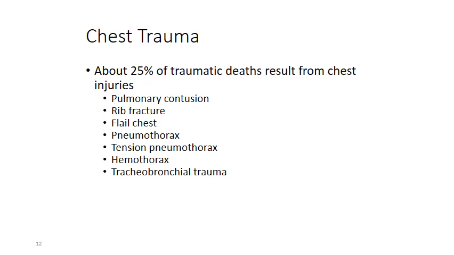And in addition, if the ribs are displaced, they can lacerate any of the blood vessels or the internal structures like the liver, the spleen, the lungs, or any of the different vessels that are in there, even the kidneys. So we worry about rib fractures. Flail chest, we're going to talk about in a second. Pneumothorax, tension pneumothorax, we're going to talk about in a second. And then tracheobronchial trauma, you can actually have a complete disruption of the tracheobronchial tree from a rapid deceleration